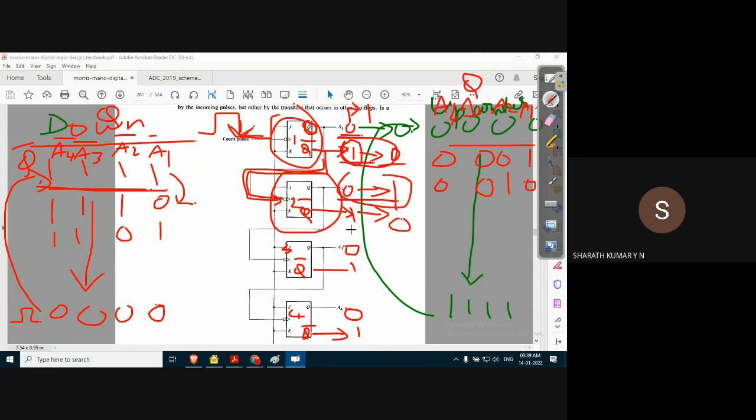0 to 1, and its complement is going from 1 to 0. Whenever this complement output of the second flip flop is applied as the clock input for the third flip flop, the third flip flop output will change from 0 to 1, but its complement output will go from 1 to 0.